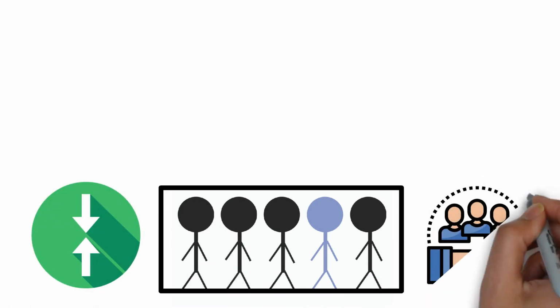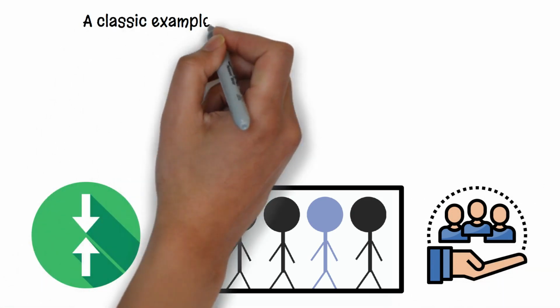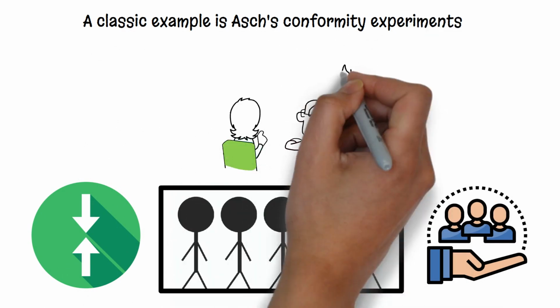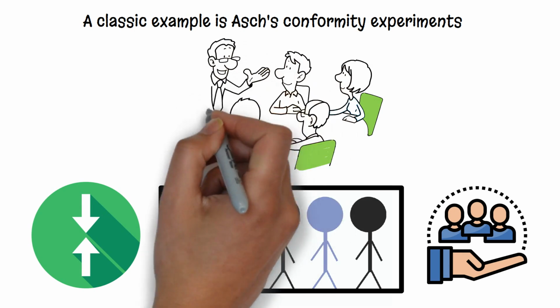Conformity is another significant concept, which highlights how we change our behavior to fit in with a group. This isn't always due to direct pressure. Sometimes it's just a response to social norms or perceived expectations. A classic example is Asch's conformity experiments, where participants went along with a group's incorrect answer to an obvious question,